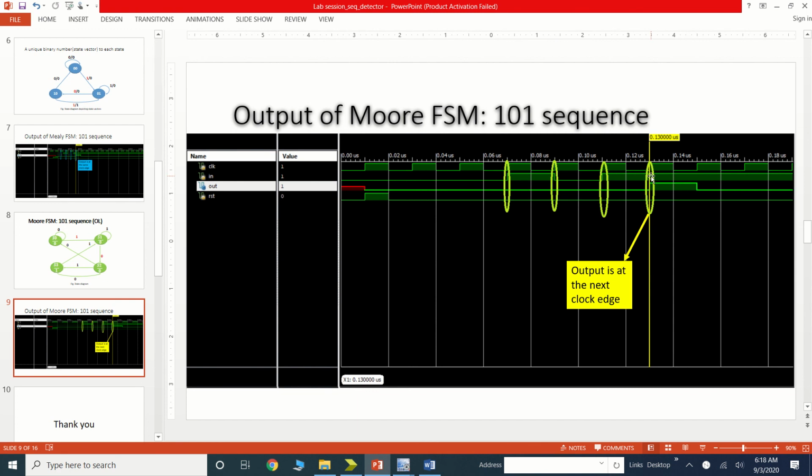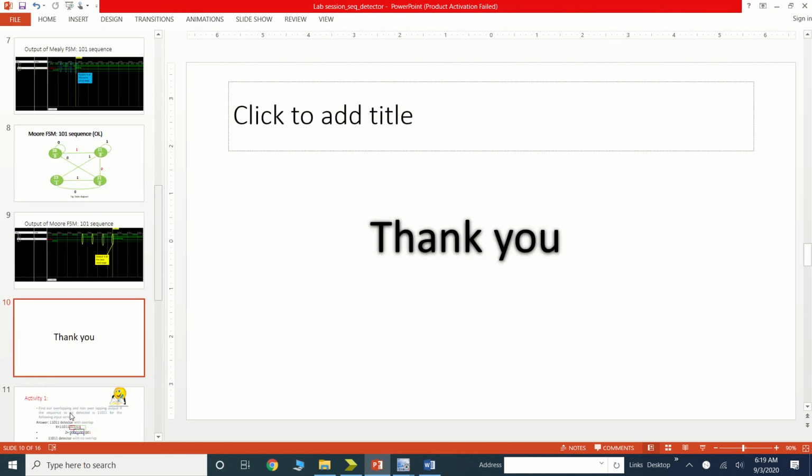So here again, if we compare the Mealy and Moore, the Moore has a 1 clock pulse delay. Okay, so this is how we can write the Verilog code for any sequence for the overlapping, non-overlapping conditions. Thank you.